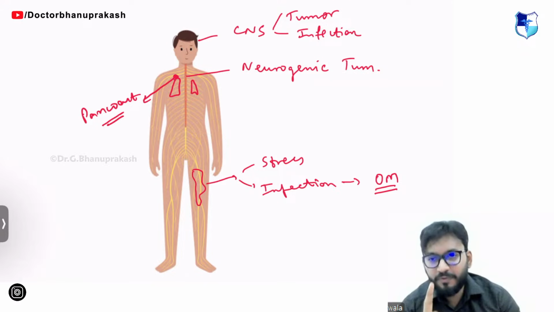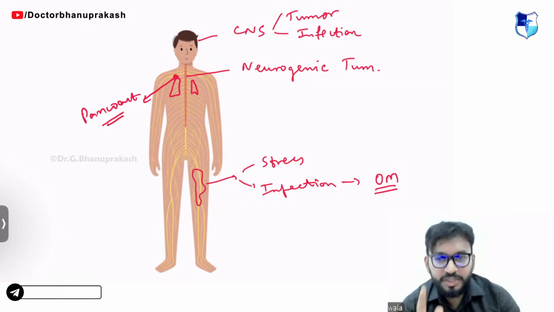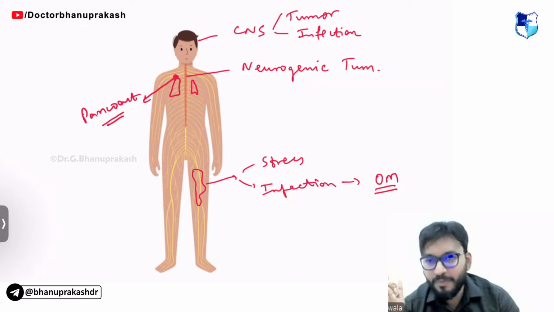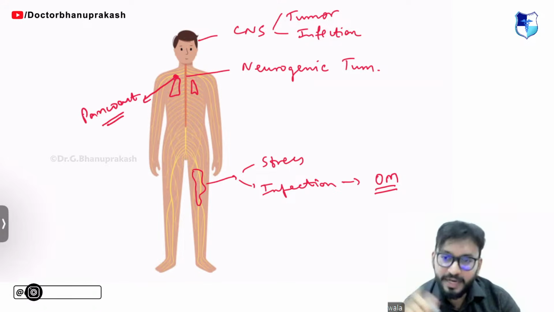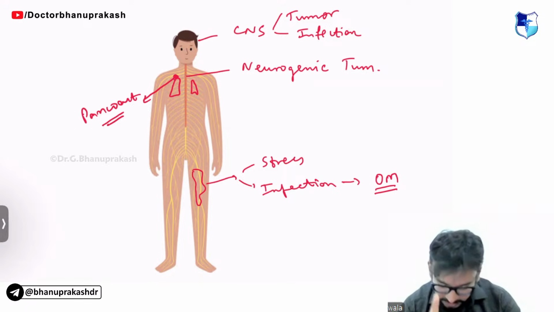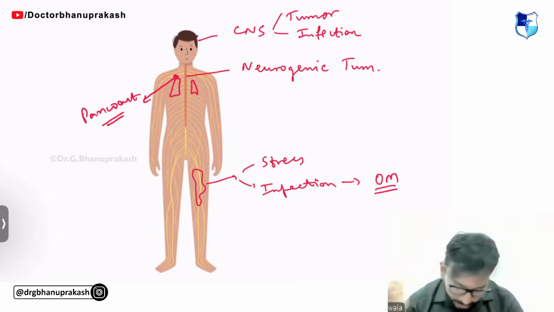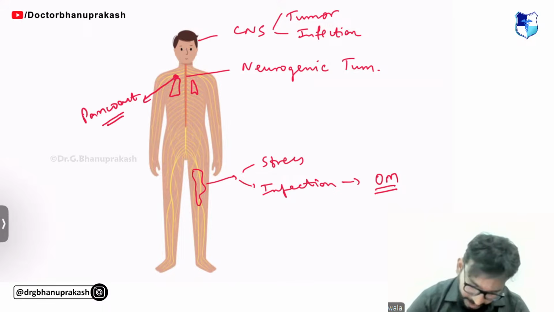Bonus question for anyone who can answer. Which sequence of MRI is used for bone marrow edema? We will come to that. We'll study that again when we come to details of MRI. But I'm just asking you, does anyone know which sequence of MRI is used for bone marrow edema and osteomyelitis? Please let me know. I'll be really happy with that person.